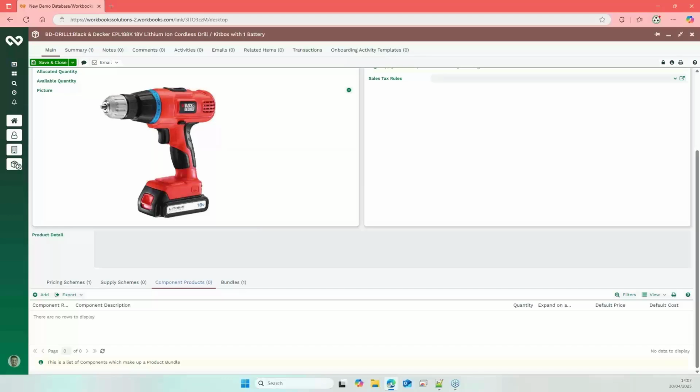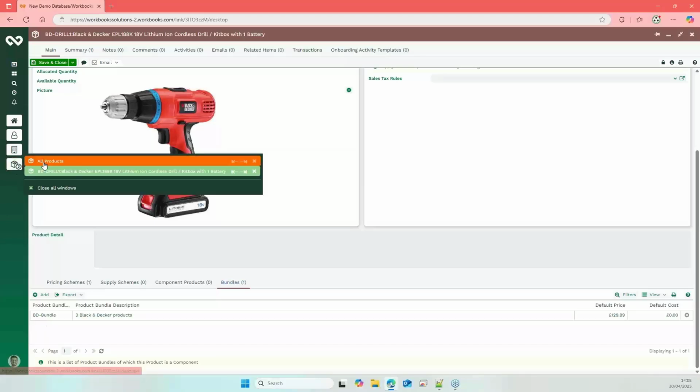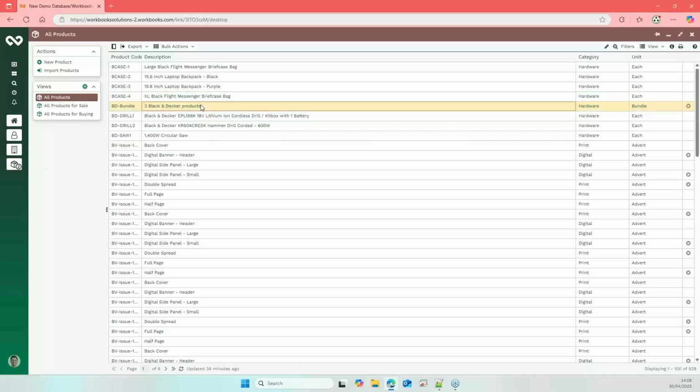So the last tab is bundle. And this shows where this product is being sold as part of a bundle, a collection of products. And here I can see there's a product here called a BD bundle, right? If I quickly pop up and have a look at BD bundle here,